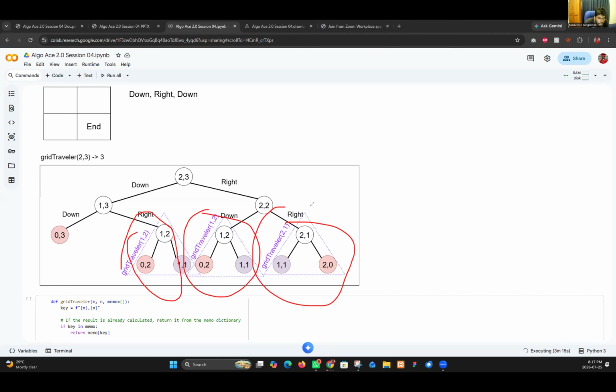Just find the pattern. So there is a base case in here. Besides the base case, we have something we can memorize. So if you memorize those parts, we can optimize this with dynamic programming.